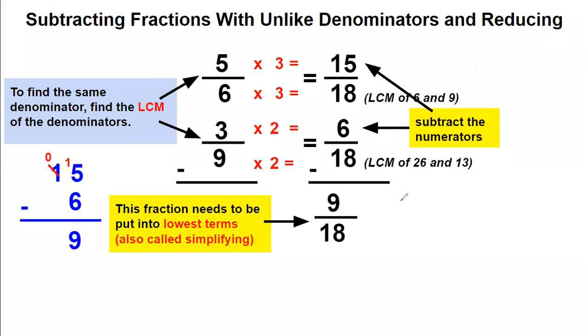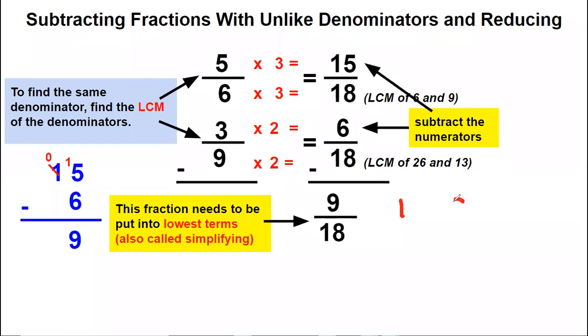Well, I list all the factors of 9, 1 times 9, and 3 times 3. And then I list all the factors of 18, and then I find the biggest match. So I have 1 times 18. There's more for 18, isn't there? I have 2 times 9, and I have 3 times 6. So I find which are common, and I can see that my common ones are going to be 1s, which